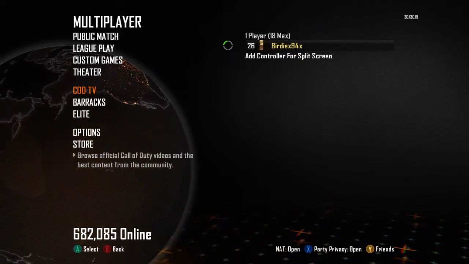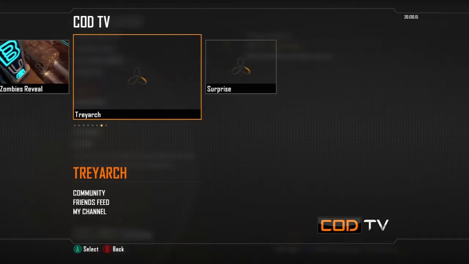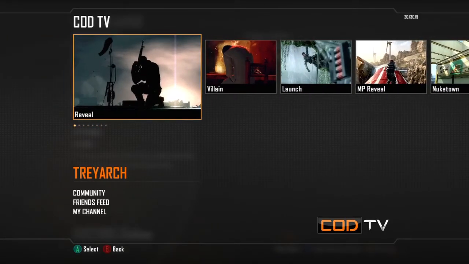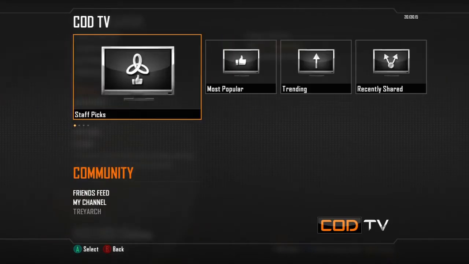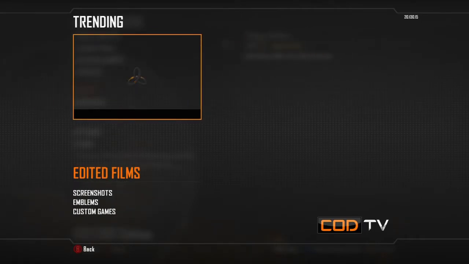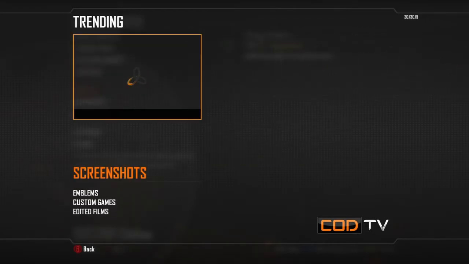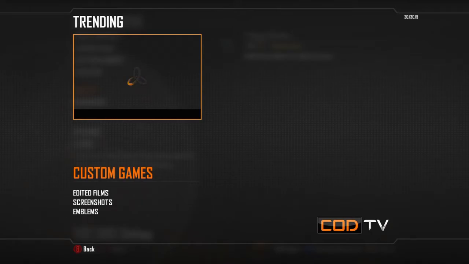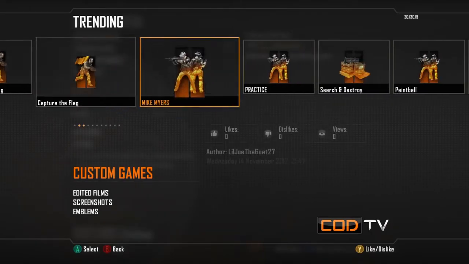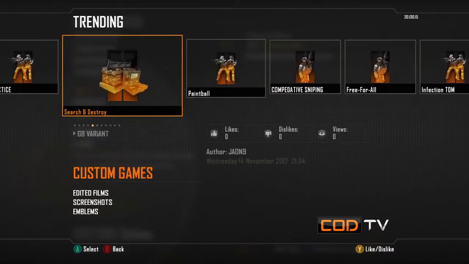Next, COD TV. COD TV is basically where you will go to see videos from the community. So here you've got the Treyarch official videos, like all the trailers and stuff. You've got community videos, say for example trending videos, so something like this. You can have edited films, you can have screenshots, emblems, custom games, so you can download custom games from on here. So let's see, like Capture the Flag, Mike Myers, Practice, Paintball, One Shot Kills, One Life, 2 Teams, 9 Rounds, just stuff like this, like custom